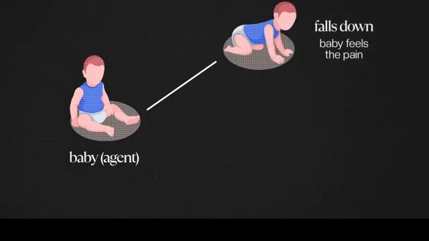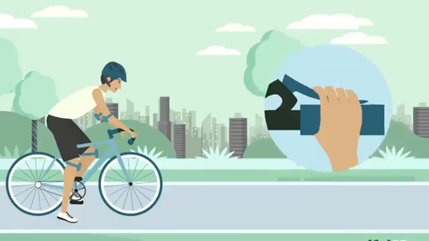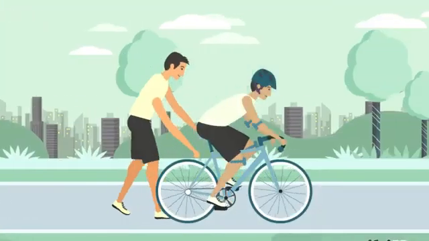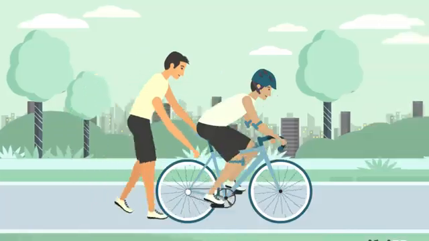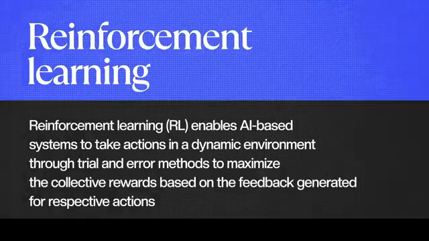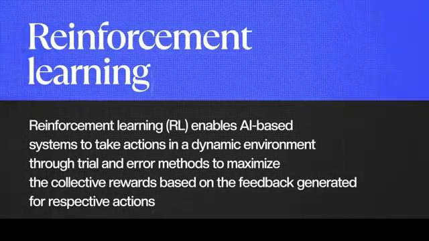Imagine a newborn baby who's trying to take their first steps. Instead of knowing how to do it, it just tries a bunch of things out, figures out what is the best way to stand, and stands for the first time in his or her life. Think about you learning to ride a bicycle for the first time. You don't really know what muscle to move or how to move it. You just try it out yourself and you figure it out, and you're then able to ride a bicycle in a week or so. That is the idea of reinforcement learning.